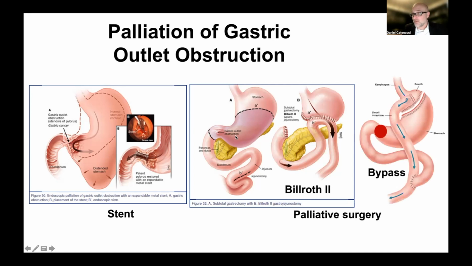More preferred would be something that is called a gastric bypass, where the cancer is actually left in place, but there is a bypass around that area. And the advantage of this is that this surgical procedure takes less time. So you're in the operating room less. The recovery time is therefore less. And so we can get you back on your feet and eating very quickly, feeling well, and able to